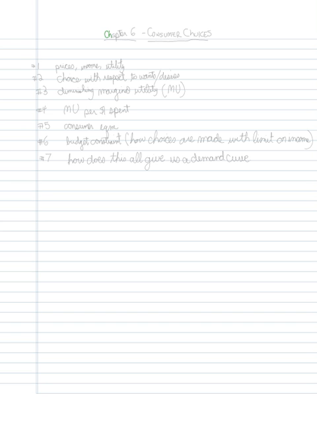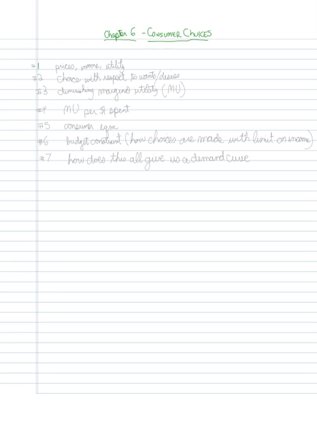In chapter 6, we are talking about how consumers make their optimal choices. And what we basically want to better understand is how the demand curve is constructed. So with that,